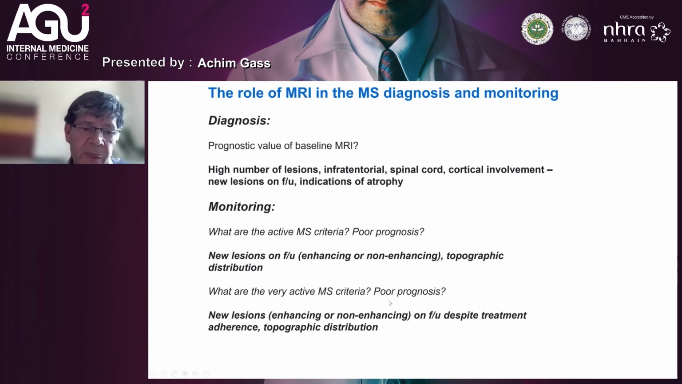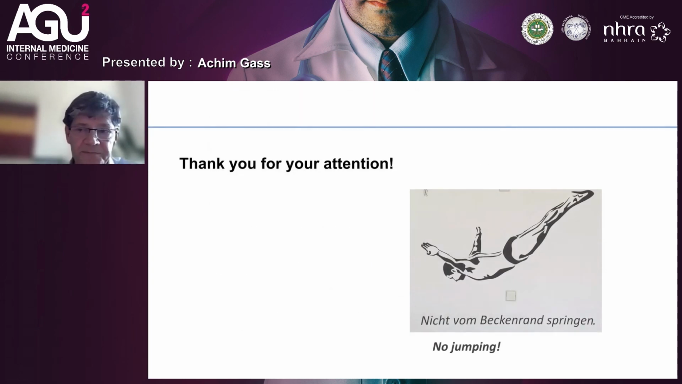So I think it's very useful to include the topographic distribution of lesions, not just the number and whether there's contrast enhancement or not, but exactly where the inflammation has hit the patient in the past, because this will give you a rationale and a way to view your patient individually, also for future perspectives. With this,